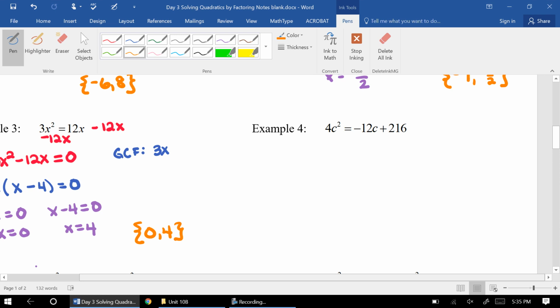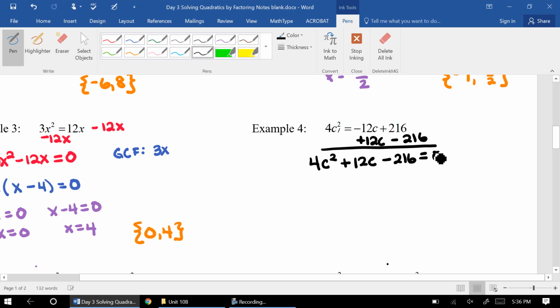Example 4, again, it is not set equal to 0. I always want to have my leading term be positive. So since I see 4c squared is positive on the left-hand side, I'm actually going to add 12c and subtract 216 to set this up. So 4c squared plus 12c minus 216 is equal to 0. The next thing I'm going to notice is that this problem also has a GCF of 4. So if I were to divide all of my terms by 4, 4 is going to be on the outside,